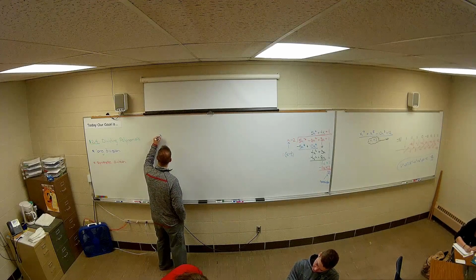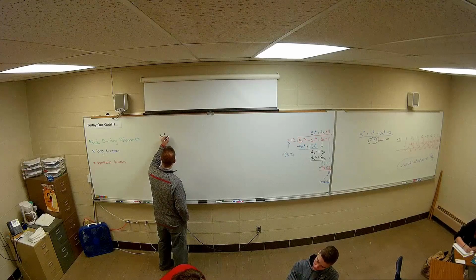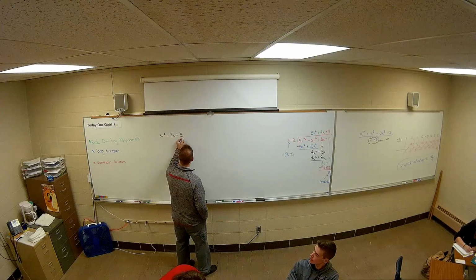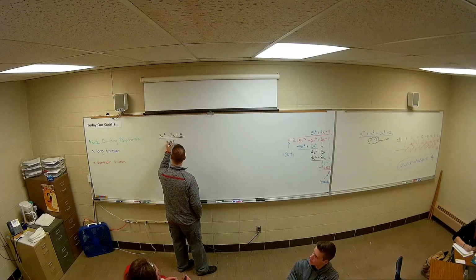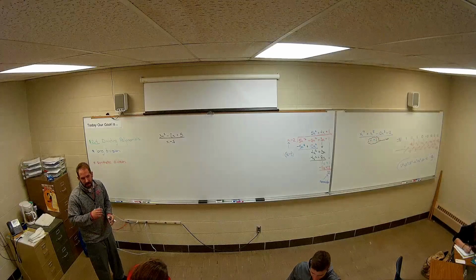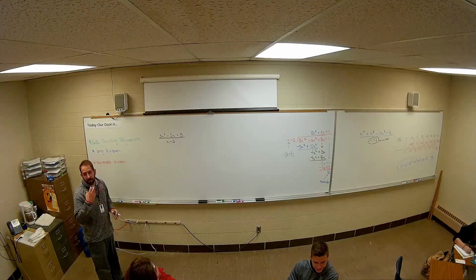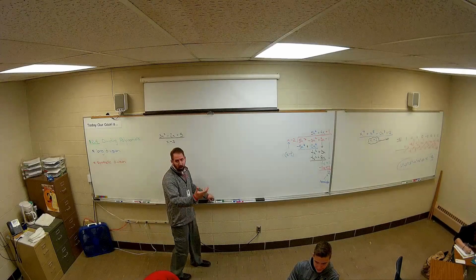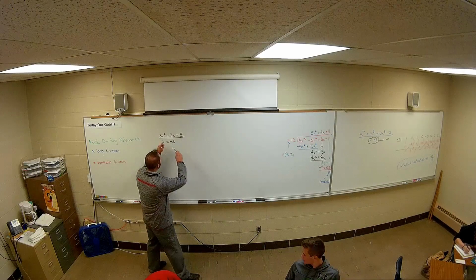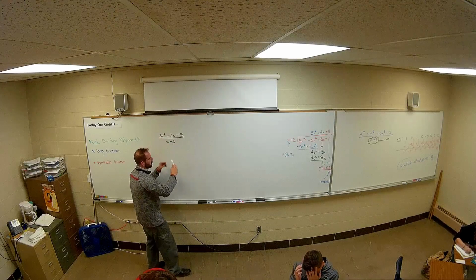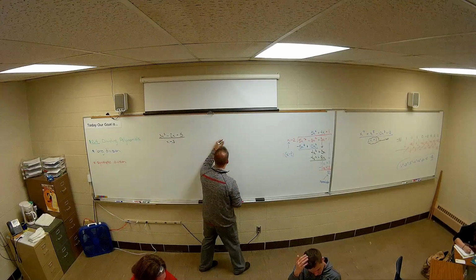3x squared minus 2x plus 5 all over x minus 3. Okay, all right. We're going to do a long division. Thank you for picking that one. It's not super long. So at this point, we're going to do a long division problem on this, just to get one more practice with this. The dividend is the top number that goes in the house. This goes in the bottom. We don't have any missing terms, so we don't have to worry about putting in zeros.